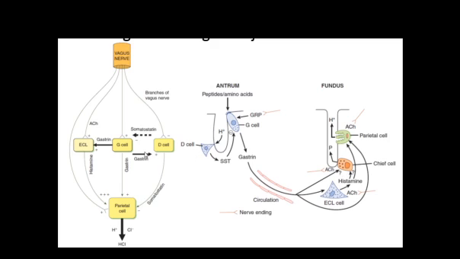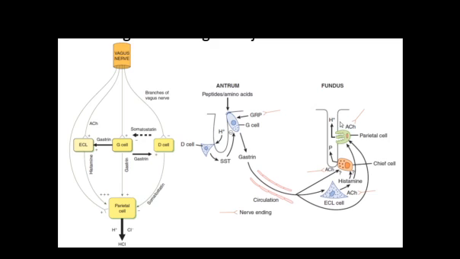Now, another chemical factor which regulates gastric juice secretion is histamine. Histamine, on stimulation by the vagus and the gastrin hormone released from G cells, acts on two cells, that is chief cells and parietal cells, to increase the release of gastric juice. The next chemical factor is acetylcholine. Acetylcholine is mainly the neurotransmitter which promotes formation of gastric juice. The next chemical factor which regulates gastric juice secretion is H plus ion.